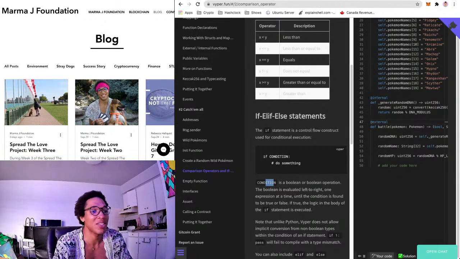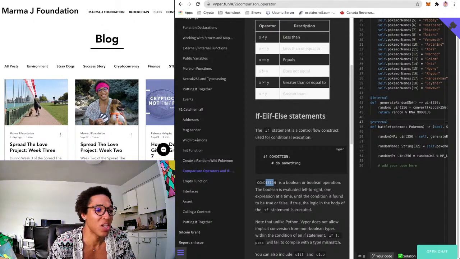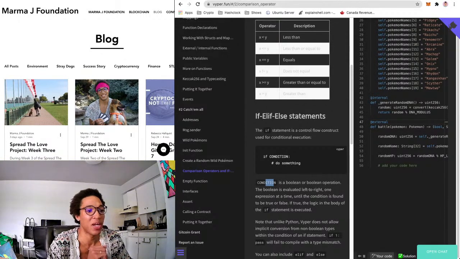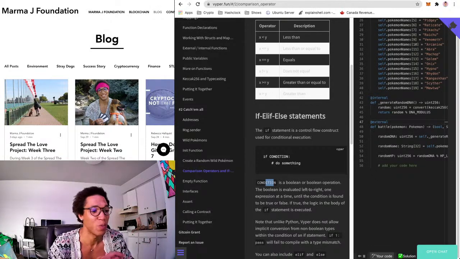The Boolean is evaluated left to right, one expression at a time, until the condition is found to be true or false. If true, the logic of the body of the if statement is executed. Note that unlike Python, Vyper